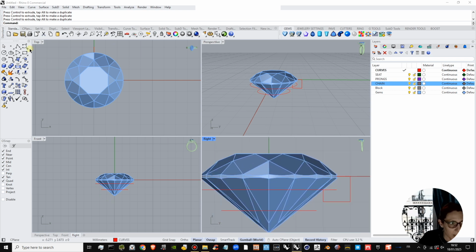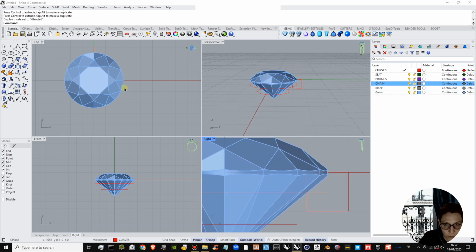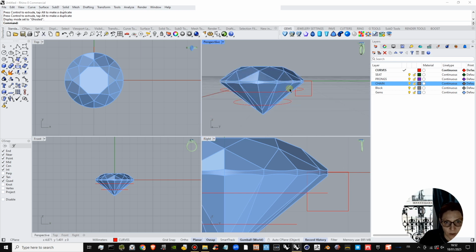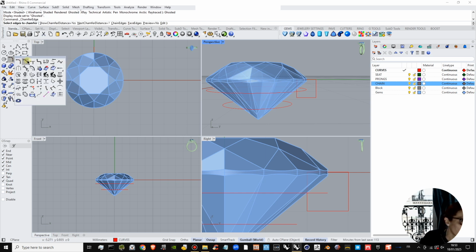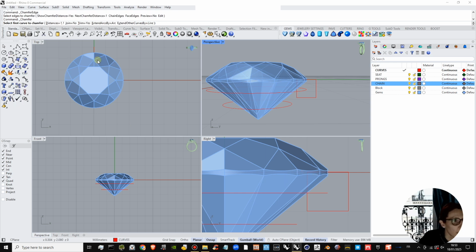And what we can do here is, if I look at this in a ghosted viewport mode, we can chamfer this seat curve with the chamfer setting in our Boolean tools. So chamfer. Excuse me, I'm thinking solids. We need to do the chamfering up in our curves editing. So we've got chamfer curves, and the distance is too high. We're going to make that distance about 3.5,